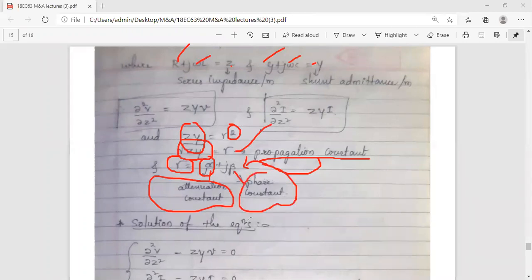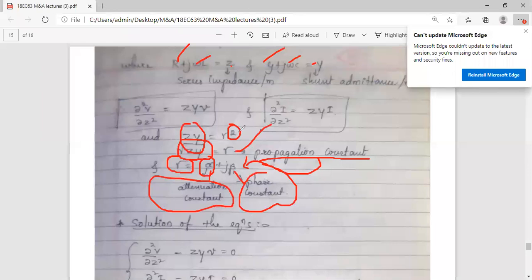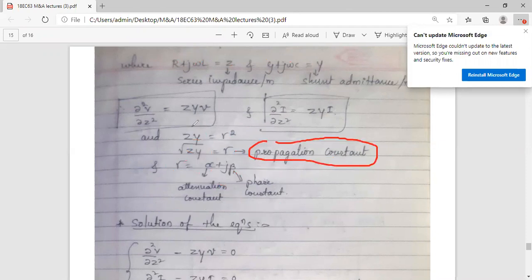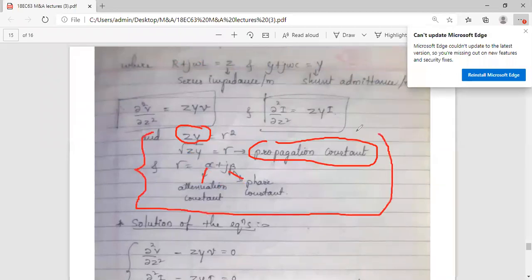So there are three new terms coming to you here. First of all, the propagation constant. What is the propagation constant? Gamma, it is the square root of the product of the impedance and the admittance, Zy, is equal to gamma, and gamma has real and imaginary parts. The real part is the attenuation constant, the imaginary part is the phase constant. So this is one general explanation, for which you have a second topic where you are going to derive some equations also.